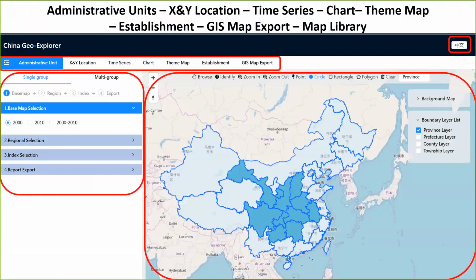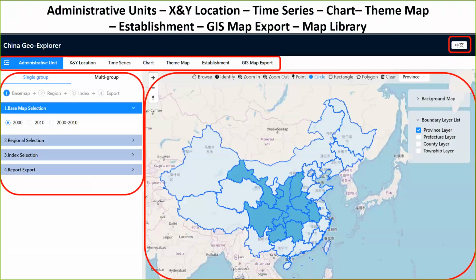When we translate from Chinese to English, many items may not have exactly the same meaning in English. So for those who understand Chinese, you can switch back and forth between English and Chinese